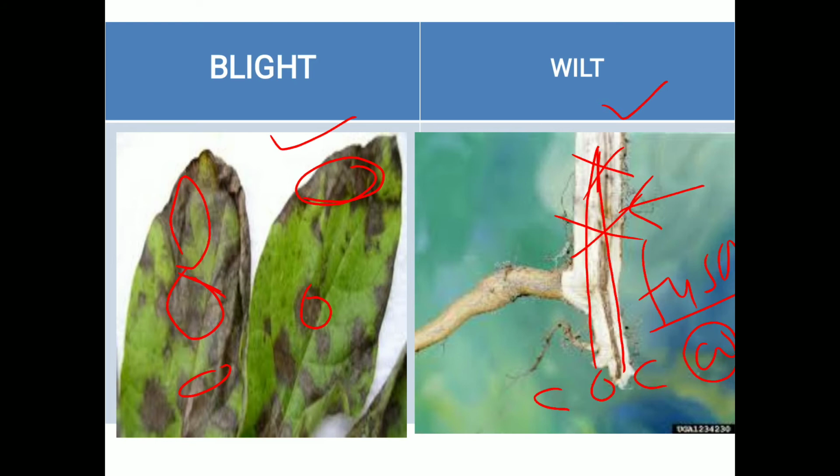When we uproot the plants along with the roots, and split the roots or cut them into two parts with the help of a blade, and brown to black lesions are observed on the roots, that indicates wilt, that is, the presence of Fusarium. So for control of blight and wilt, we suggest the chemical called copper oxychloride, or blue copper, at a rate of 0.25%, that is 2.5 gram per liter of water.